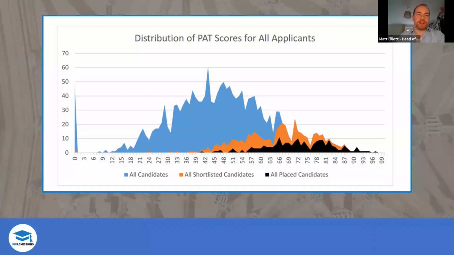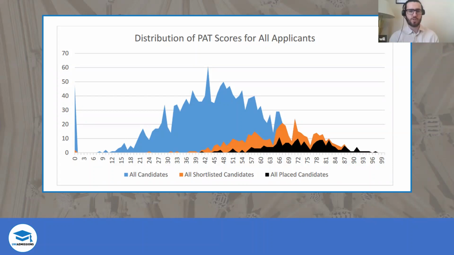You've got a lovely stack of people who didn't do the test and flamed out after one question down there on the left. And it looks like one chap got an interview out of that. So well done him. Might be an extenuating circumstance. I was going to say, probably extenuating circumstances. But what you can see is as we come across to the right, we've got these tiny peaks where only one person is getting an interview up until the point we get to about 43, 44.